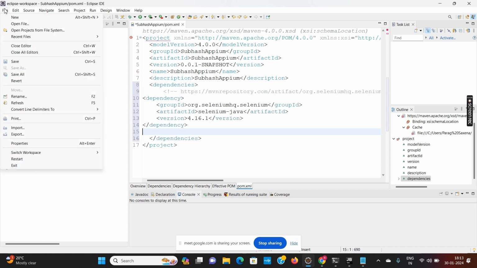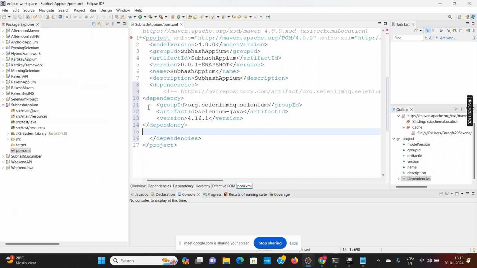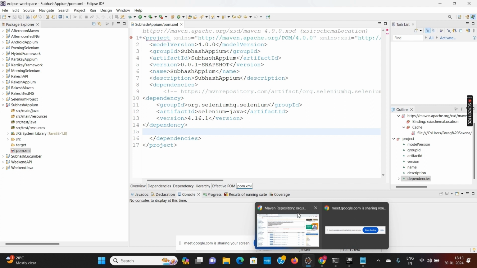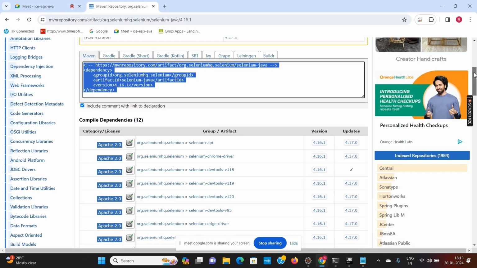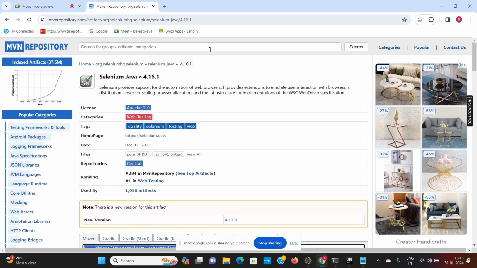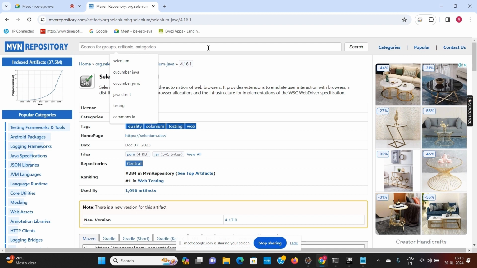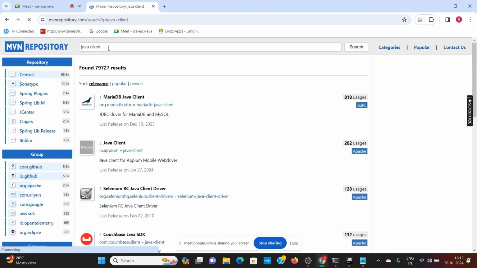Then we have to add the Appium library. For Appium, we have to search Java client. Java client, so it is a client application.